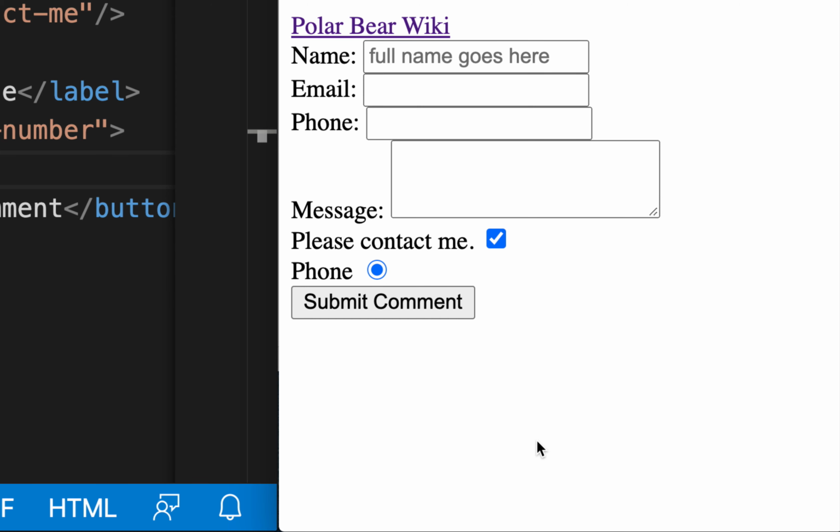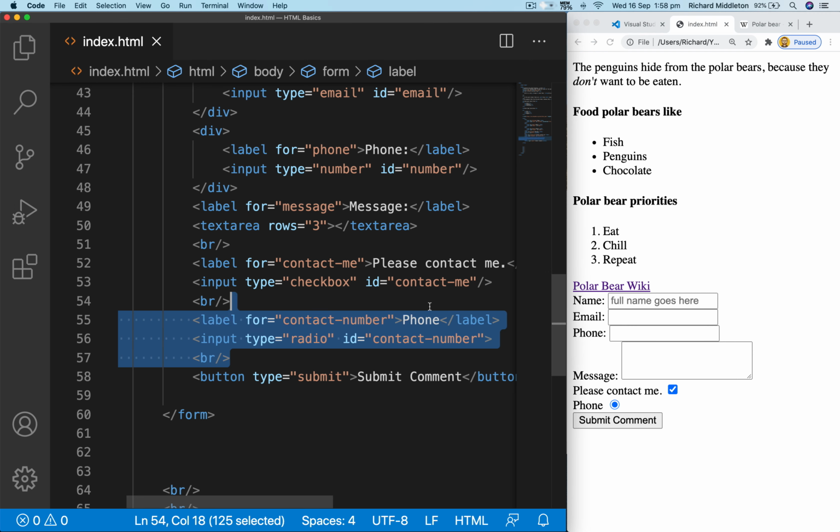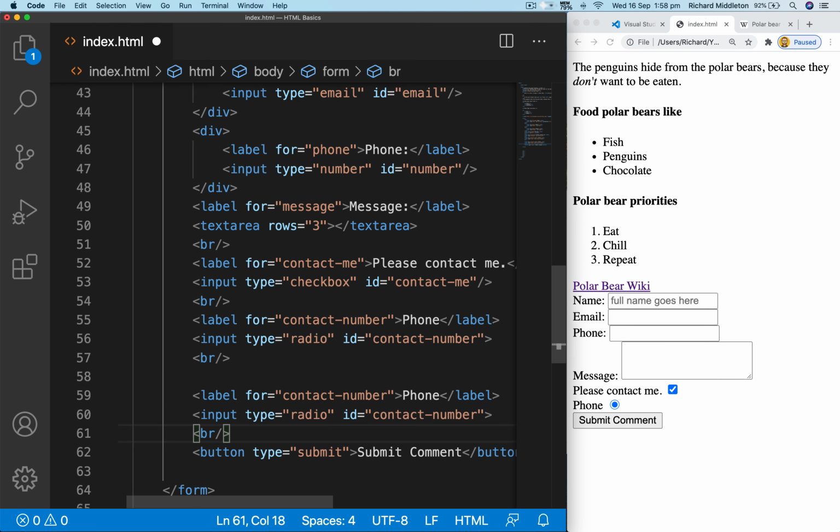And we can click by phone. Now, radio buttons work in a way where it's multiple selections. You can have multiple options, but you can only select one at a time. Checkboxes, you could have multiple options and you can check multiple elements. So let's copy. We're just going to copy and paste this whole phone number